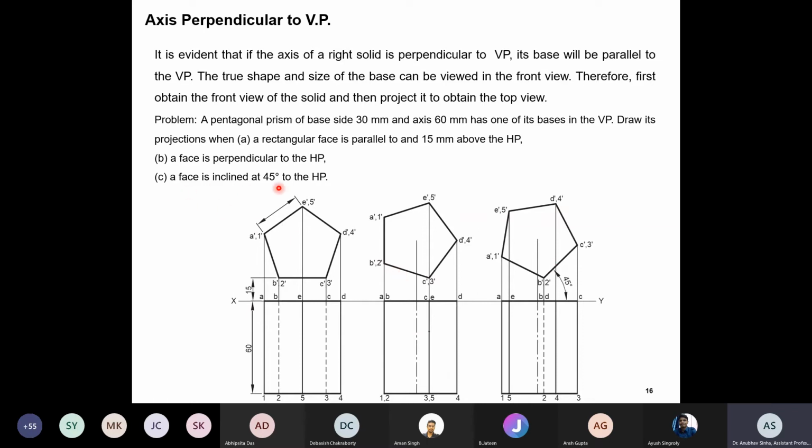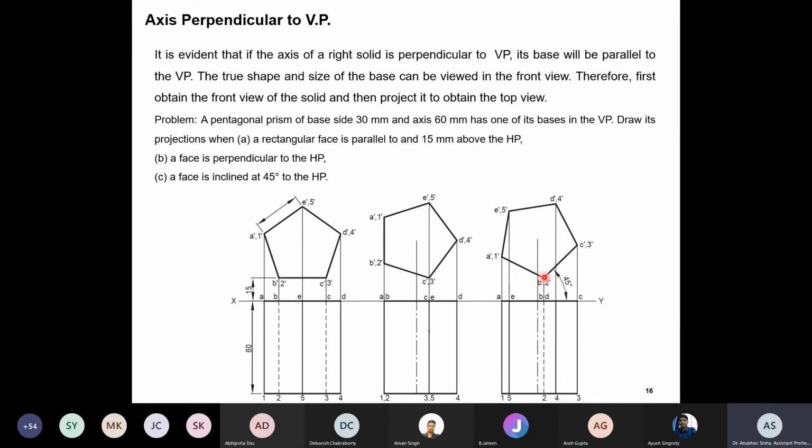So the face is inclined at some angle to the horizontal plane, let us say 45 degree. So I'll draw one face. I could take any face which is at 45 degree to the horizontal plane. From this edge I know this length, so using that I'll make a regular polygon, and then I will start taking projectors. So all the projectors will come up to XY. So this side is visible, this side is also visible, this side is visible, and this side is visible. What is hidden is this side.